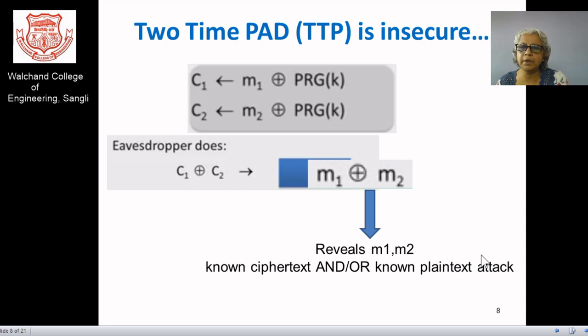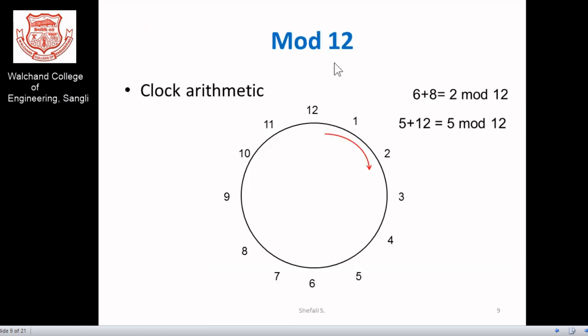So this may be a known ciphertext attack, or a known plaintext attack, or a combination of known ciphertext and known plaintext attack. In all, we can comment that if two-time pad is used, then definitely it is not secure.